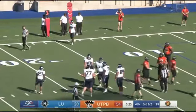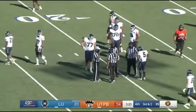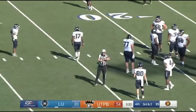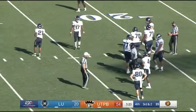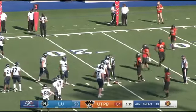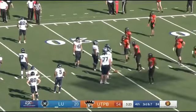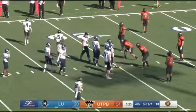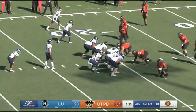This is going to be, that may be 5 back the other way. I think it may be because the inside slot receiver moved down here before the ball was snapped. False start. Yep. Offense, number 8. 5-yard penalty. 3rd down. That was number 80, the inside slot receiver there. He's from Tomball, but he played at Utah and then transferred to UTPB. So the penalty is going to be back to the 20-yard line. He's from Klein Oak that Kyle did mention. So after all that rigmarole, back to the 20-yard line, we're down to 3 and some change left in the